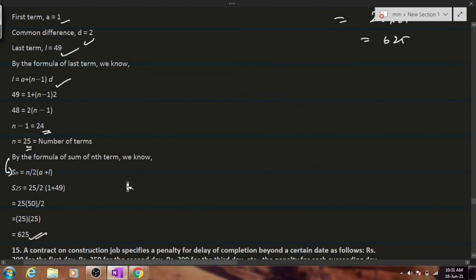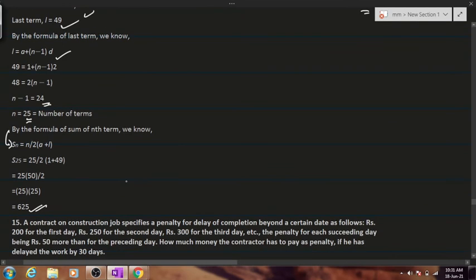Now moving on to the next question, which is question number 15. People who are done with this will try out question number 15. You will have exactly 2.5 minutes to try it out. People who are not done with the previous numerical, which is still on the screen, kindly copy it down and ask me if you have any issues in this numerical.